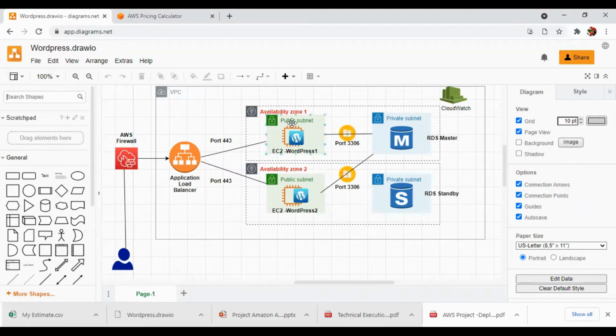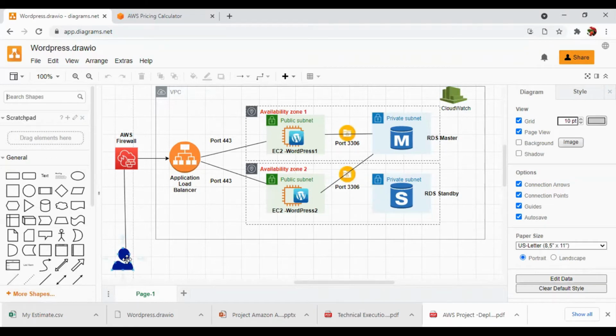Here, there are two servers, in availability zone 1 and 2, and these are connected to the application load balancer, which is connected to the AWS firewall. When a user accesses the application, whatever WordPress we have deployed over EC2, it goes through different steps.